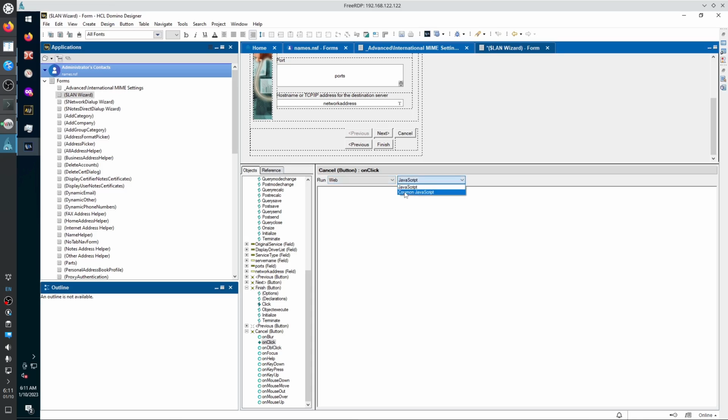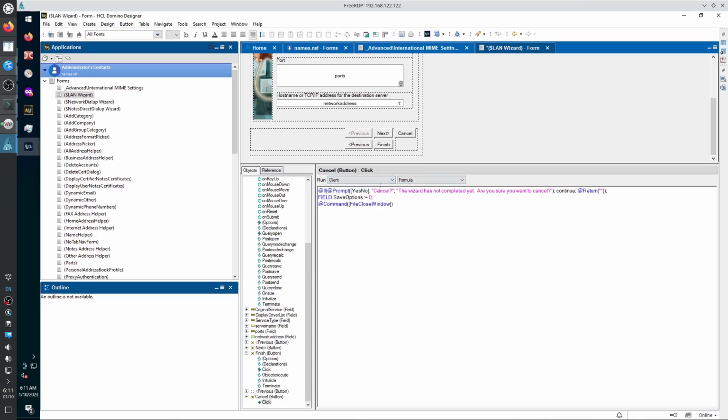There's no formula language on the web. Okay, if you don't have that option, if the source code is too complicated, the fallback is to go, the next increment would be to go with Lotus script,